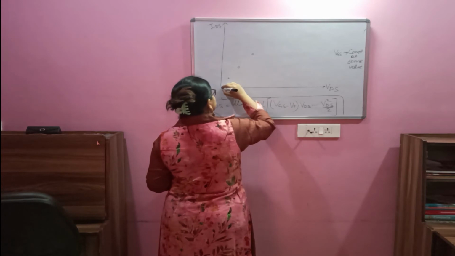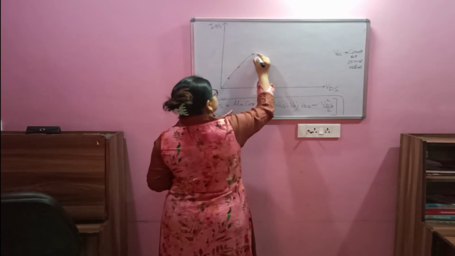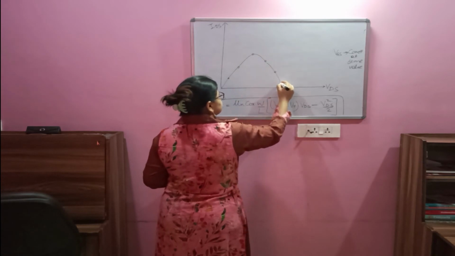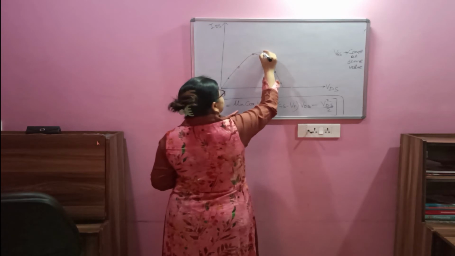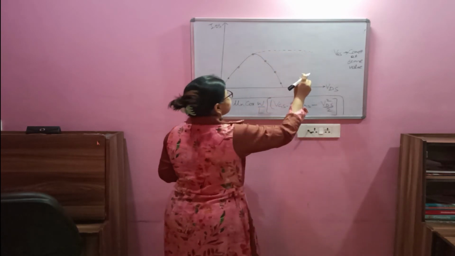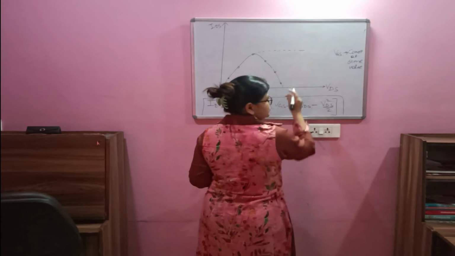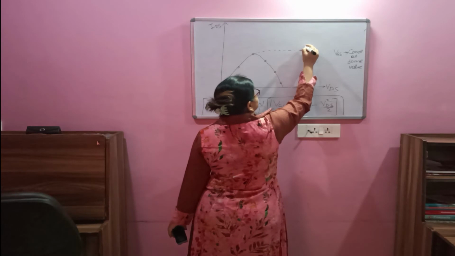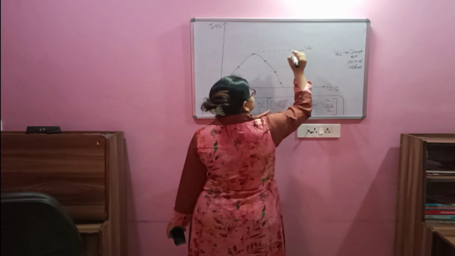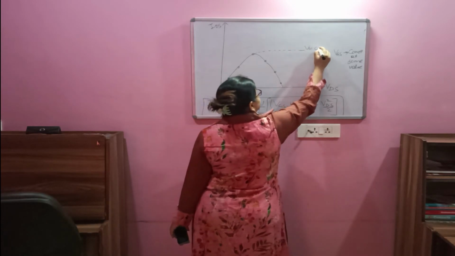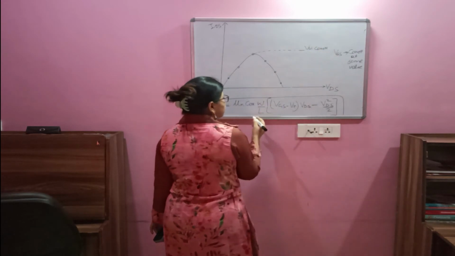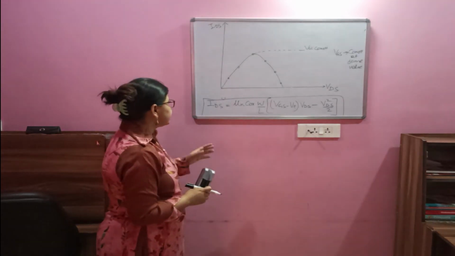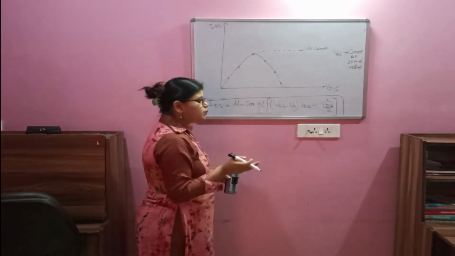And when I join these points, this will go like this and it comes here. But actually what we have? We have this type of a curve. If we keep the VGS constant, we should get this type of a curve with VGS constant. But because it's a quadratic equation in terms of VDS with respect to IDS, this will show some parabolic type of figure.